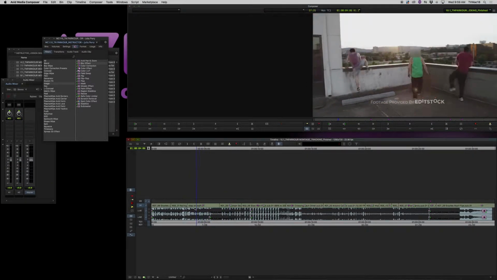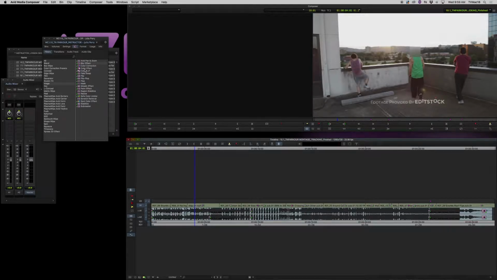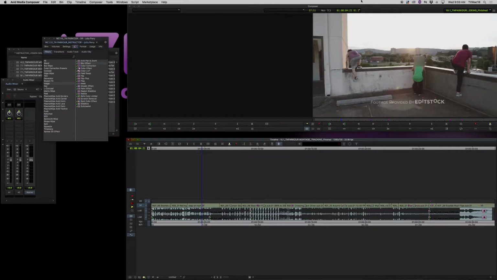Okay? Very cool. And you can use that with the mosaic. You could use it with the paint. Anything that you need to follow somebody, you can use the tracking tool. It's a great tool,